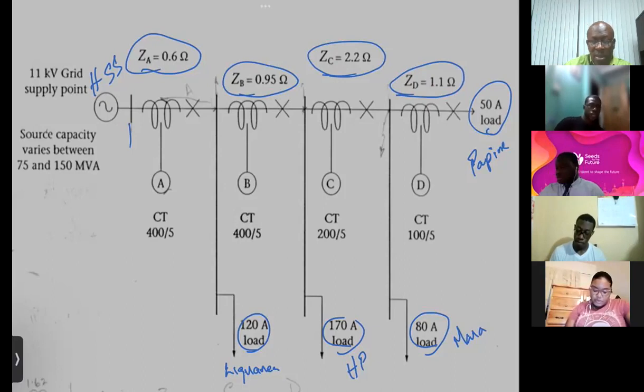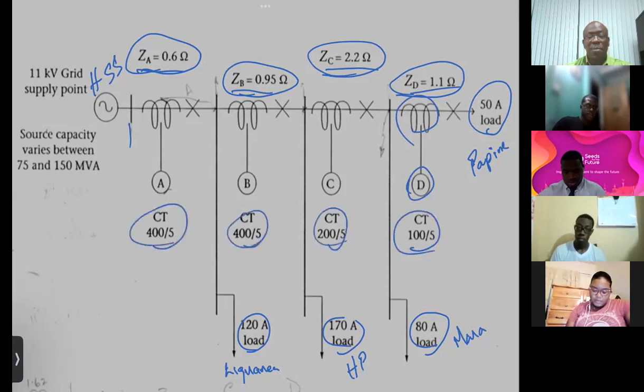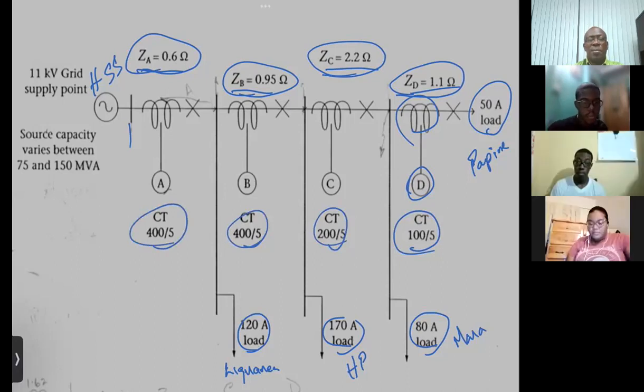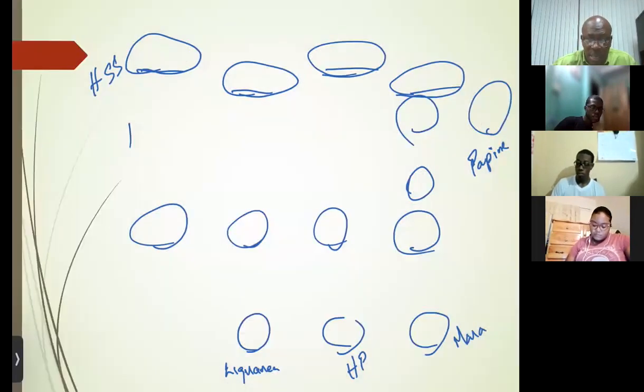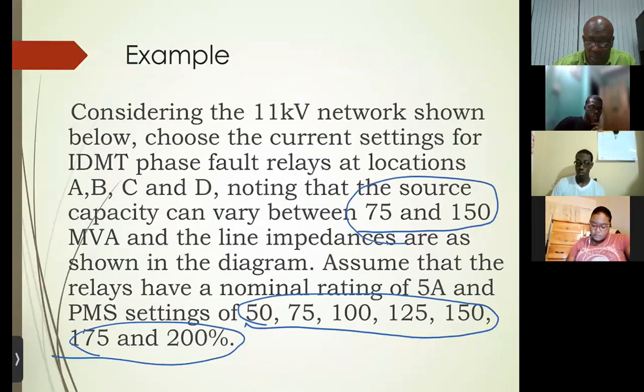So we have the reactance, the impedance between each point. We have the relaying point. Here's my relay, and the CT that is supplying each of these relays. We are given those. So we have for D, 100 to 5, for C, 200 to 5, 400 to 5 for B, and 400 to 5 for A. And we want to know, first task was to